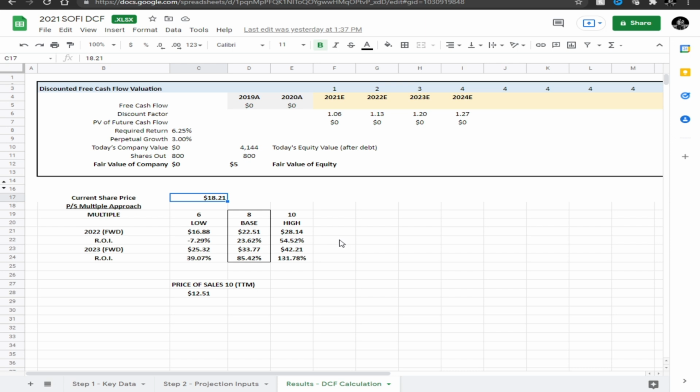And if we take a look at this price to sales multiple approach and we use 6 on the low end, then I have a price target 12 months out at $16.88, which is a negative 7% return on my investment. So that's not something that I'm really looking to get into. Now, what I personally like is a price to sales multiple of 10 for the trailing 12 months. And that gives me a price of